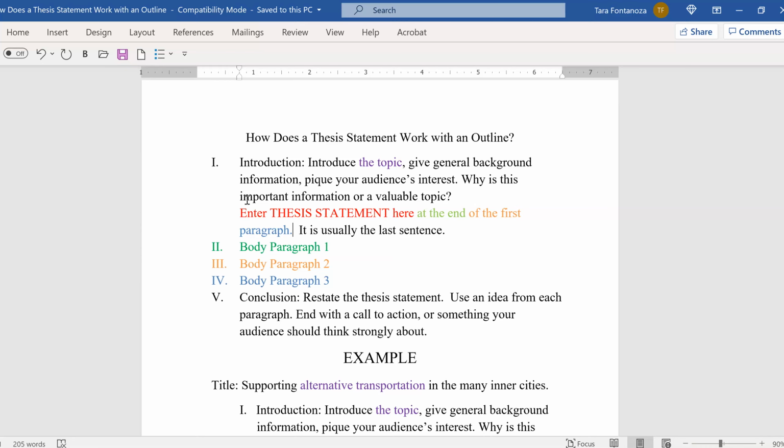Great. I'm glad that's a tool for you to use in that area, but at this point in time, I do want to just get to the basics of the thesis statement. As you can see, part of this thesis statement is written in red. That's just to get your attention and to say, hey, I'm here. This is a thesis statement. The other part is green at the end, and the next part is orange and blue. As you can see, this green matches the green here in the body paragraphs. So this green is saying,